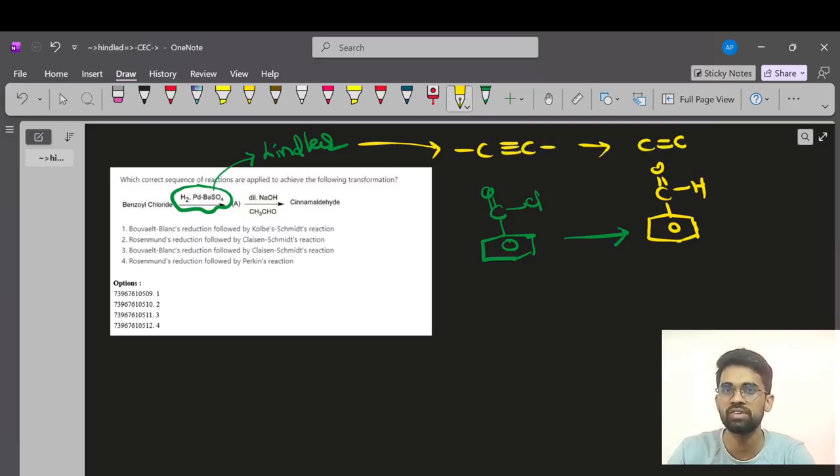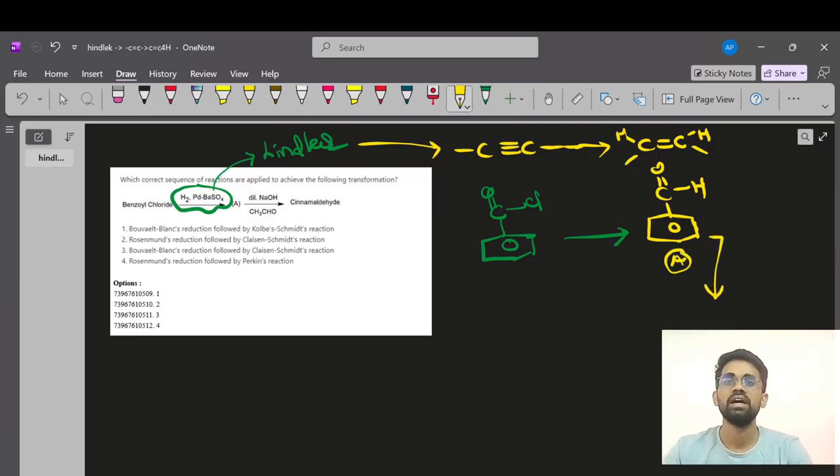So what is the use of this Lindlar's catalyst? We are going to get cis alkenes as a product. And if you want to get trans alkenes from alkynes, we can use Birch reduction. Remember these simple important name reactions. So as per this, they have mentioned Lindlar's catalyst, and this is the product A formed here. Now this is treated with acetaldehyde